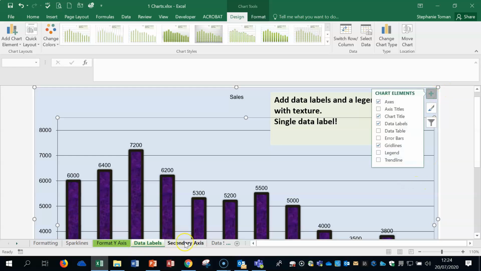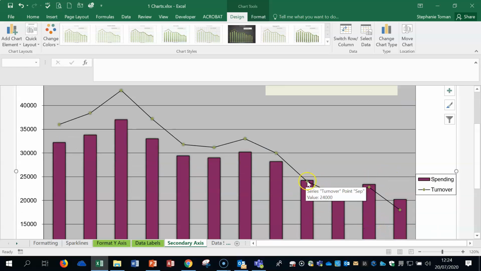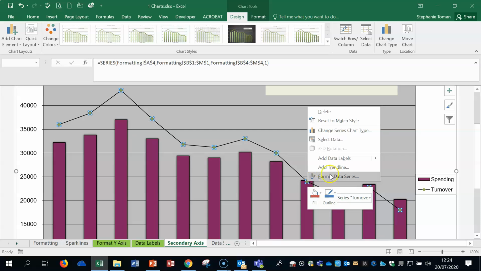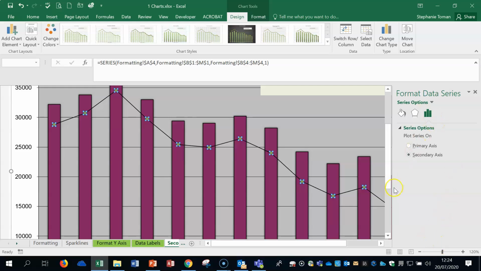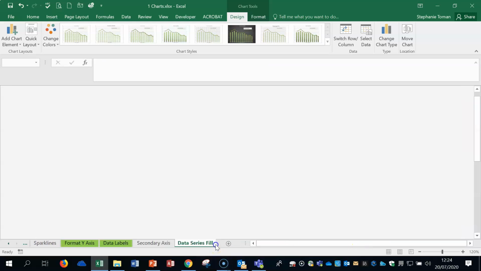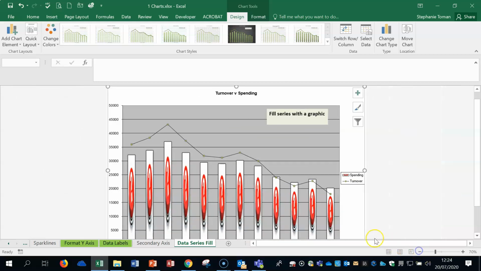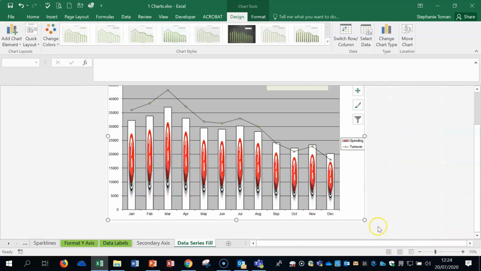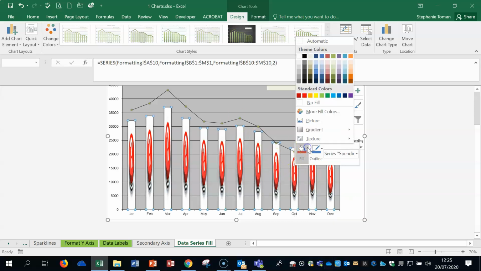Very simple. Okay, moving on to secondary axis, another thing that's very simple. If you right click on the line chart, make sure you're on it, format data series, you will get that automatically coming up. Then when you click on there and we close this, you can see that it now has a secondary axis. Secondary axis obviously is used if you've got very different data. If you also click on the next one, another part of the data series could be about filling with a picture or an image. So to do that, you know how when I said the word filling, that was a clue. Go into the fill,